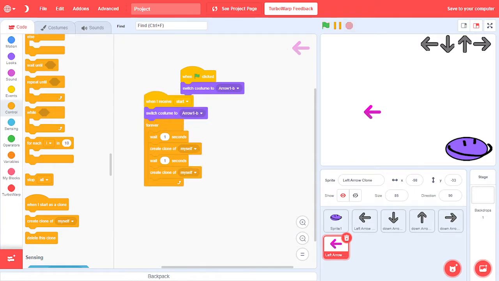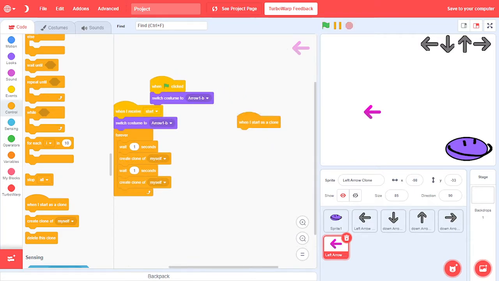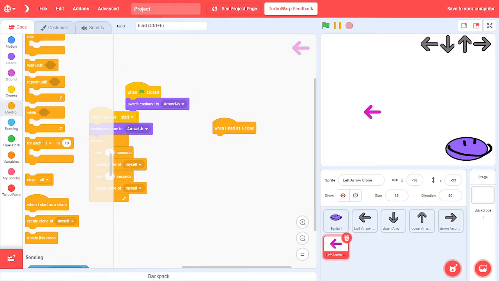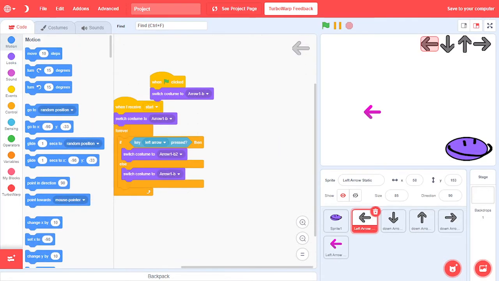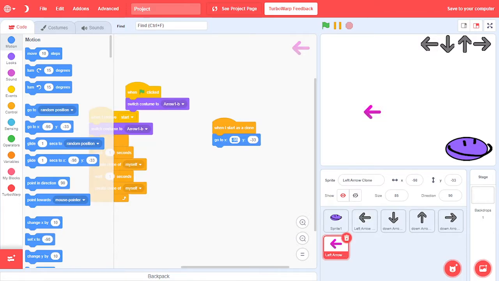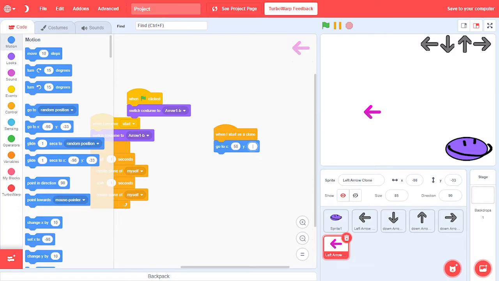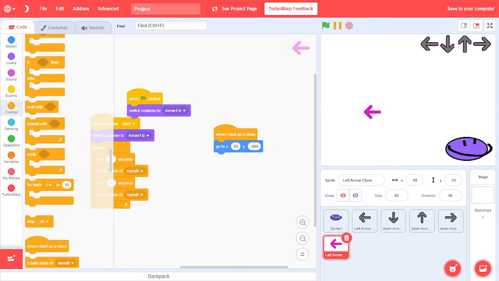Now, it's gonna create a clone of itself, but we're not telling it what to do. First of all, we're gonna do when I start as a clone, go to X. The X of the clone is 58, then Y is negative 999. And then we're gonna repeat until